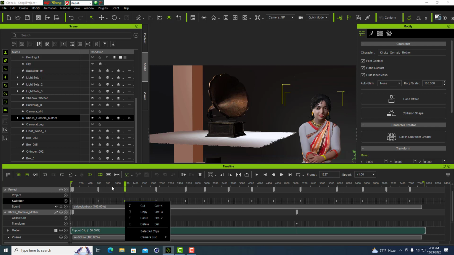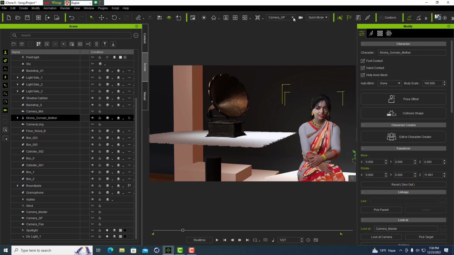Okay, I select these cameras one by one. Some cameras I repeat in the list. After you select your camera list one by one, scene by scene, according to your plan,